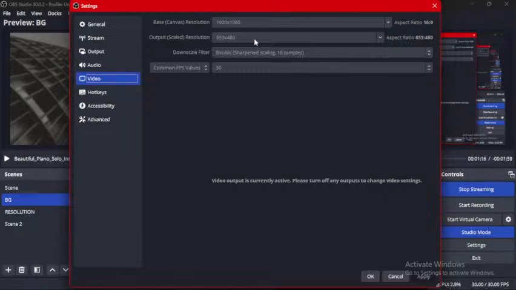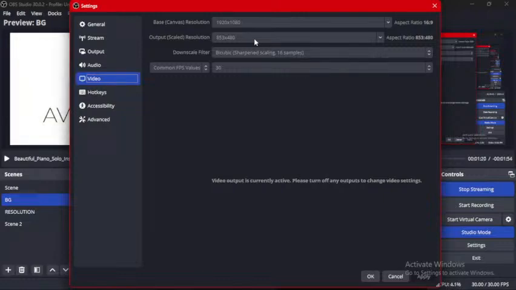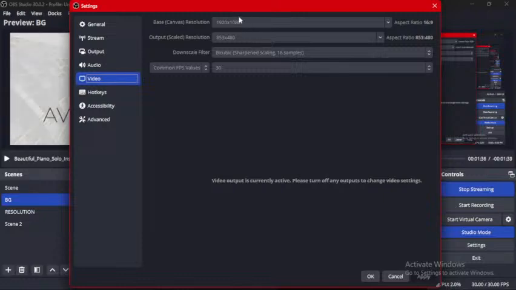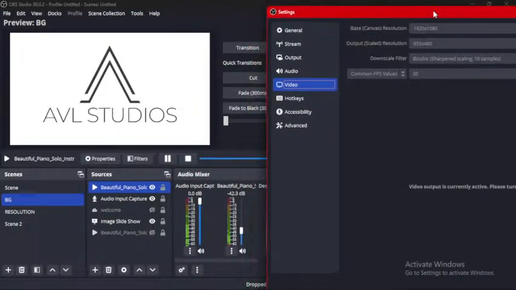Now you notice there are two different resolutions. Yes. Now let me explain. My base camera resolution, as I said earlier for those of you that joined earlier, is this housing. Let me move this to the side.